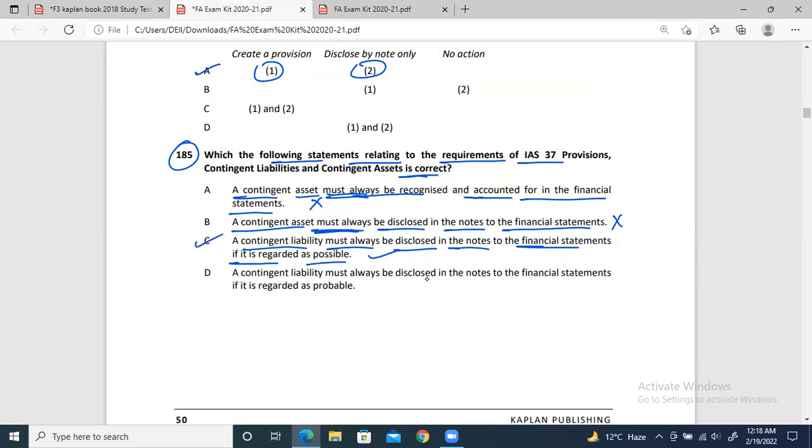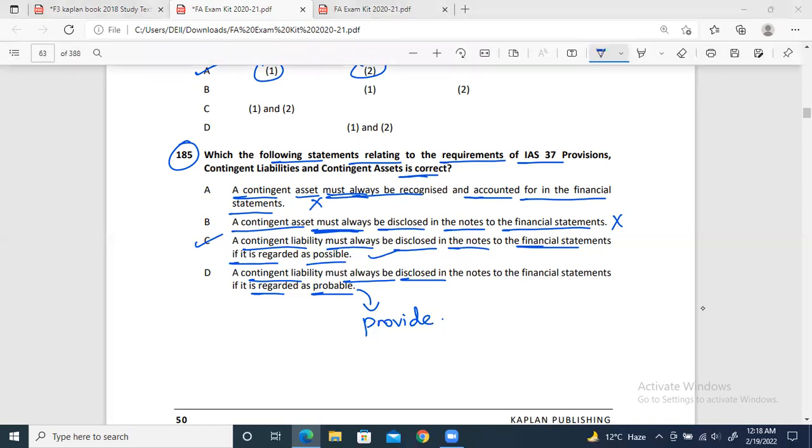Let's see D as well. A contingent liability must always be disclosed if it is regarded as probable. No, for probable, we have to provide it, not disclose it. Right? So these questions are very simple to understand. Again, this topic was very easy to understand, right? And the remaining questions, we have completed the questions and the chapter as well. So any questions or issues that you have in the other exam kit questions, you can discuss it with me. And regarding the next class,